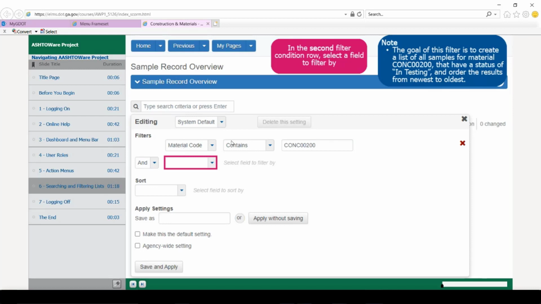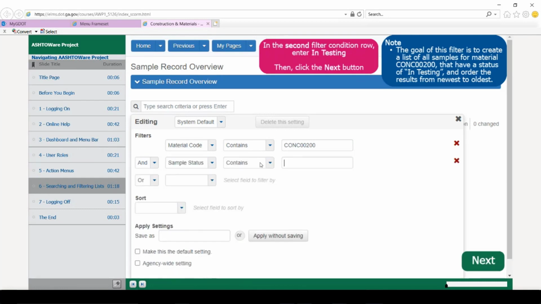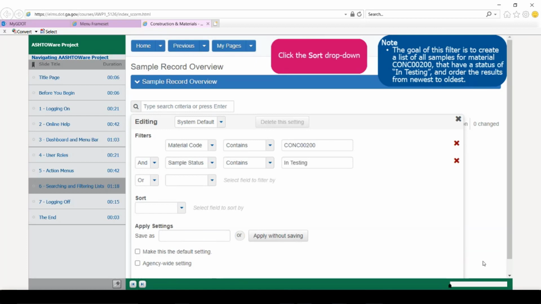So material code contains this particular number, and you have another filter condition. And if I click on the down arrow for that, you can choose sample status. It defaults to contains, and we can specify, for instance, in testing. So we have all of that information in place.